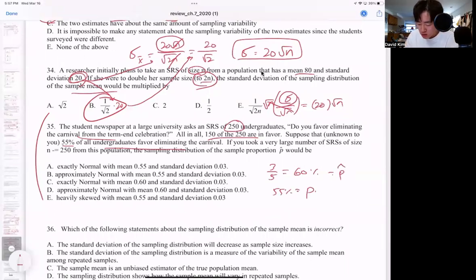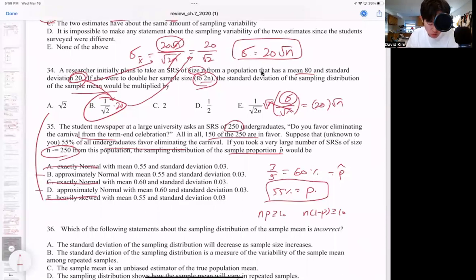If you took a large number of SRSs of size n equal to 250 from this population, the sampling distribution of the sample proportion would be. So first of all, because we have a large sample size and with the p of 55%, you can use the rule of large counts to prove that this is going to give you a normal distribution curve. We are never going to say exactly normal. We're not going to say heavily skewed. It's really between B and D for this one, approximately normal, with the mean of 0.55, obviously,